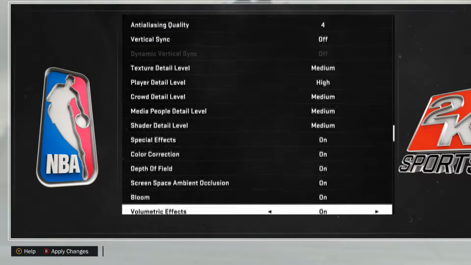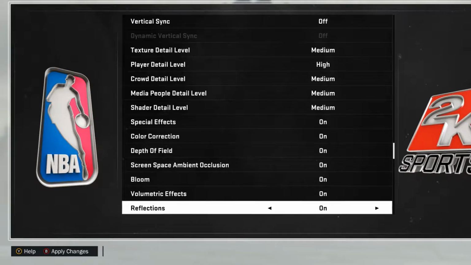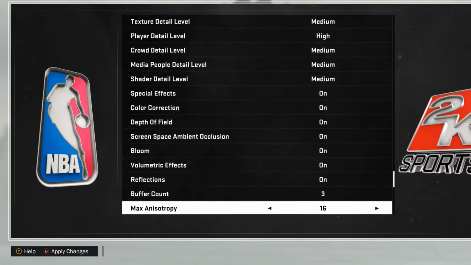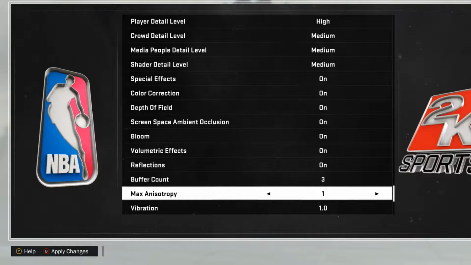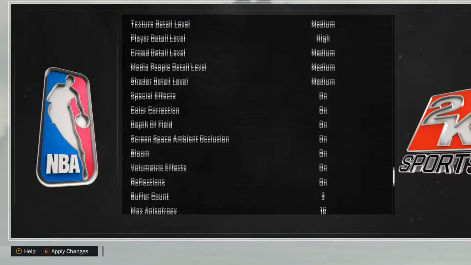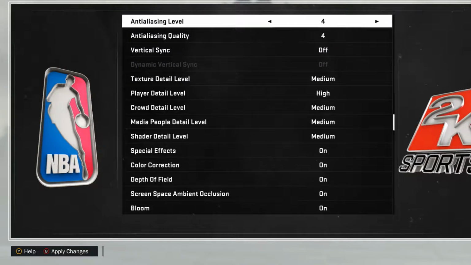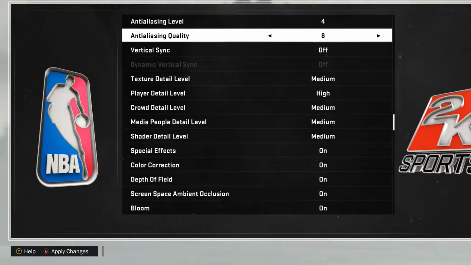I've limited my frame rate to about 63, which I thought was recorded, but what's it called? MSI Afterburner for some reason wasn't recorded on the top left. So these are my settings for playing this game at 60, for the most part, except for when they zoom in on the character models, it seems to drop to around 30 to 40, and that's with VSync off, as you can see.